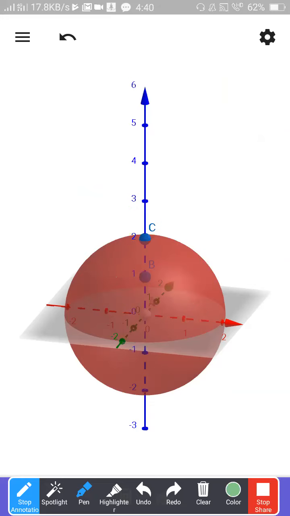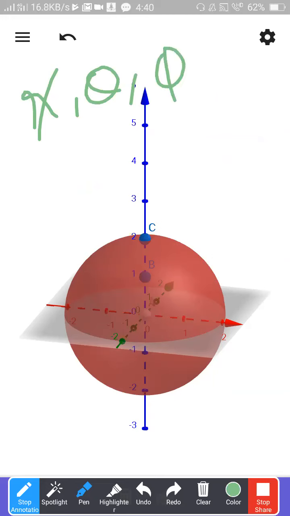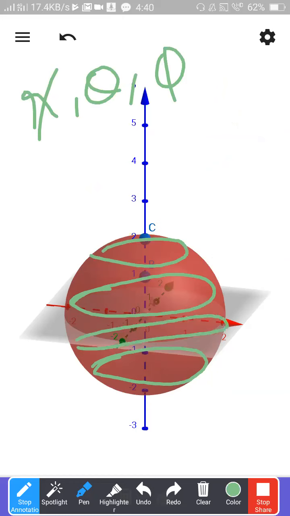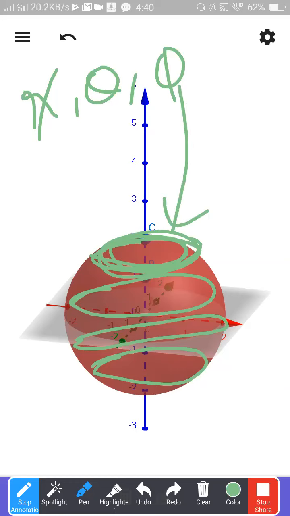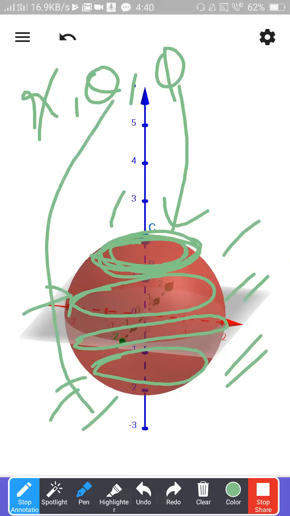For simplicity, r you have already fixed. Again, theta, anyway I am going to fix. Next to phi. Once you fix theta, what will happen? You will get a circle like this. Once you fix theta, you can draw many more circles like this on the sphere. Given a circle, you can go anywhere on that circle. That is decided by phi. On which circle you are, either the top circle, the bottom circle or the middle circle, that will be decided by theta.